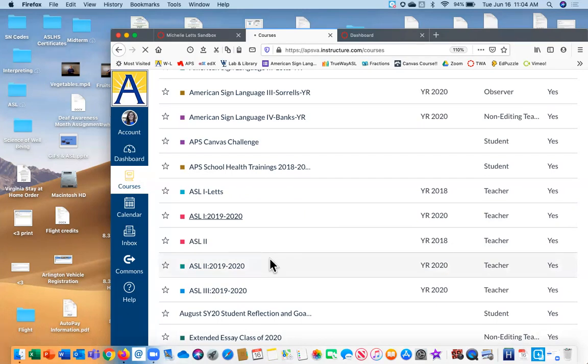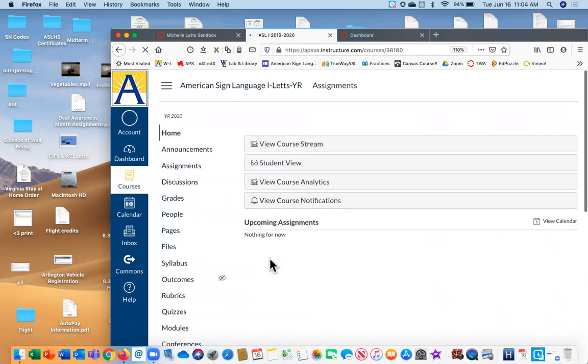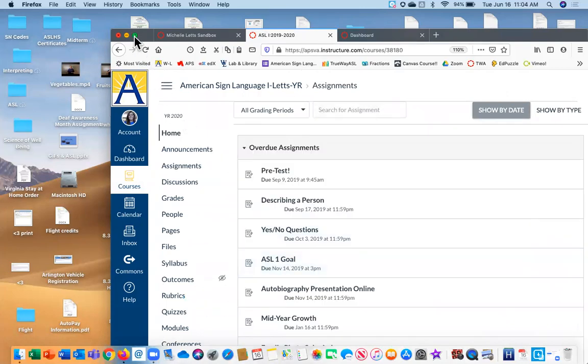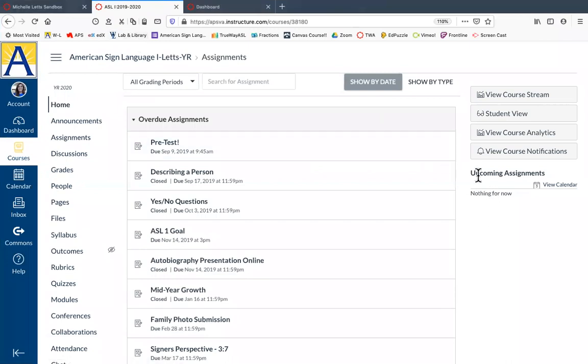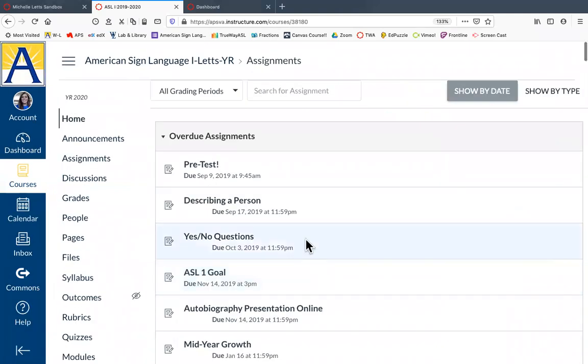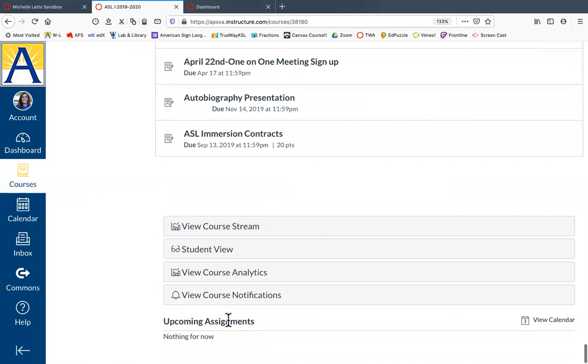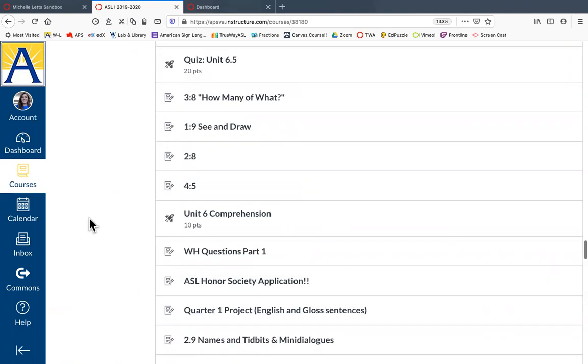Students, I believe, have to set up how often they want Canvas to inform them about assignments. I know for me, I can set up how often I want Canvas to inform me about assignments. So when you go into assignments, see upcoming assignments, it'll be right here for students, and for you if you have something to grade. The only thing is if you're too zoomed in, then it goes to the bottom. Upcoming assignments will be listed here, and you'll have several depending on the different assignments. This is a specific course, but